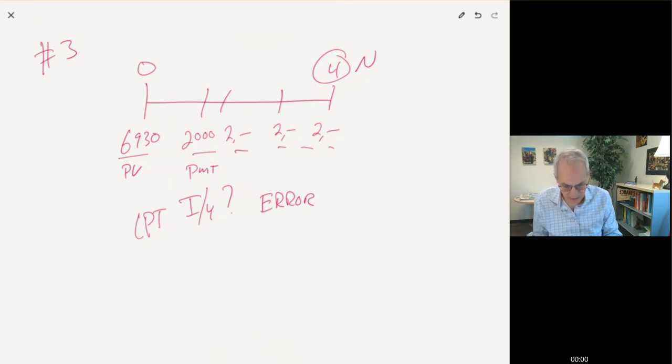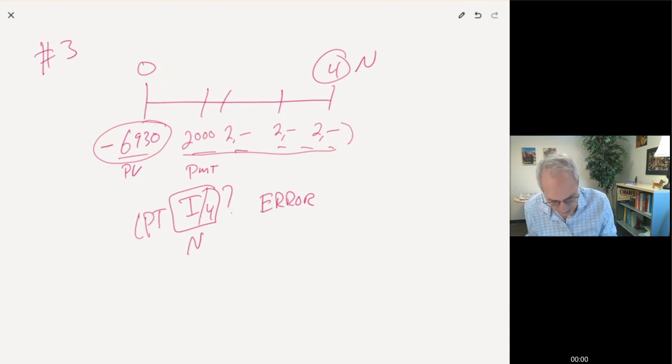So when you put in the numbers, the calculator is saying, okay, you've got $69.30 positive, 2,000 positive. There were no inflows versus outflows. It was all receiving. You received $69.30, you received $2,000, you didn't spend any money. So it can't calculate a return. So whenever you are calculating an I or an N, one of the sets of numbers has to be negative, okay? So think about it this way.